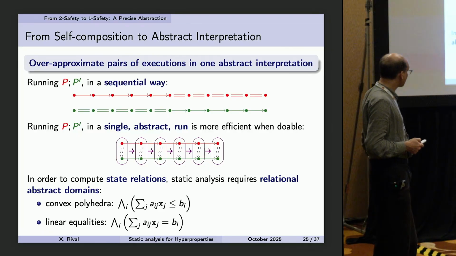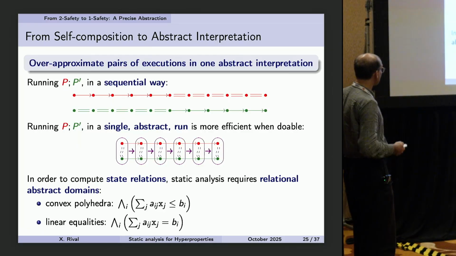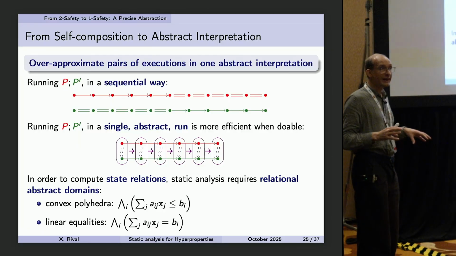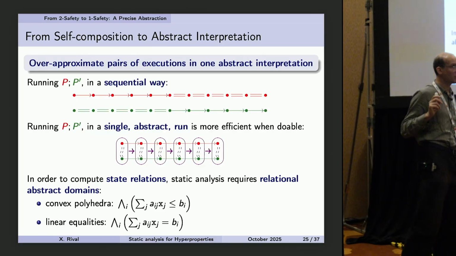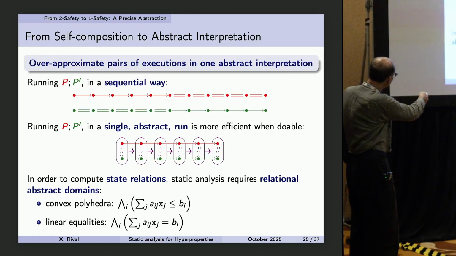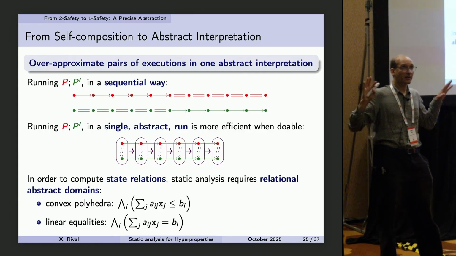First, if we remember what the self-composition proof method looked like on paper, essentially what it says is you run P and P prime, so you run your same program twice, once with the standard variables, once with the prime copy of the variables. So essentially you run P in red, and then you run P prime in green. What the equal means here is, first, when you are running P, the prime state does not change, so these are all equal. You make a number of steps in P, then you finish running P, and you are not going to modify the state of P anymore, you just run P prime, and you can combine these 2